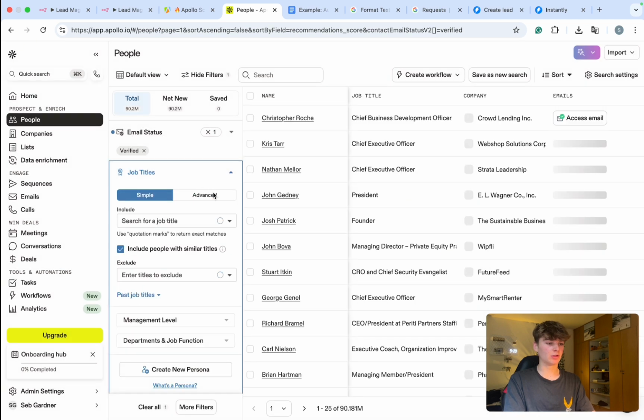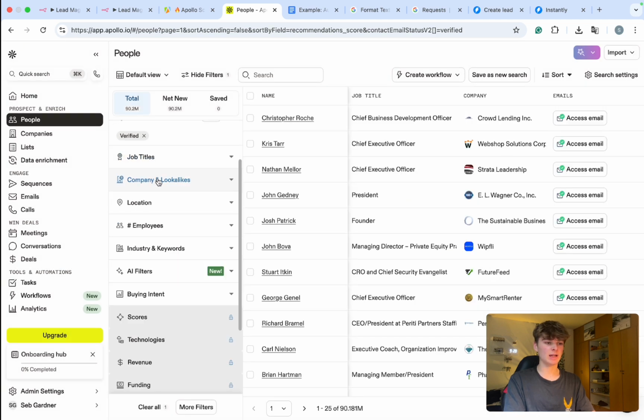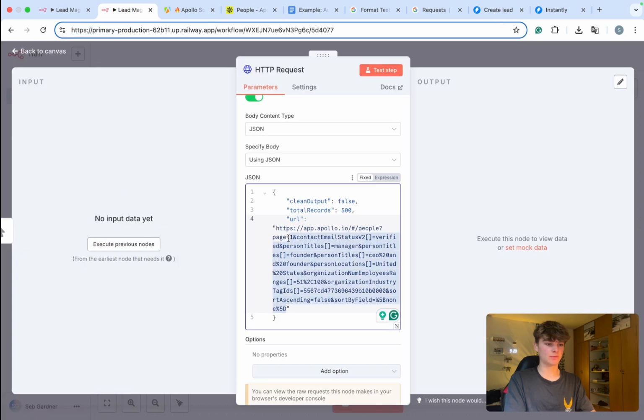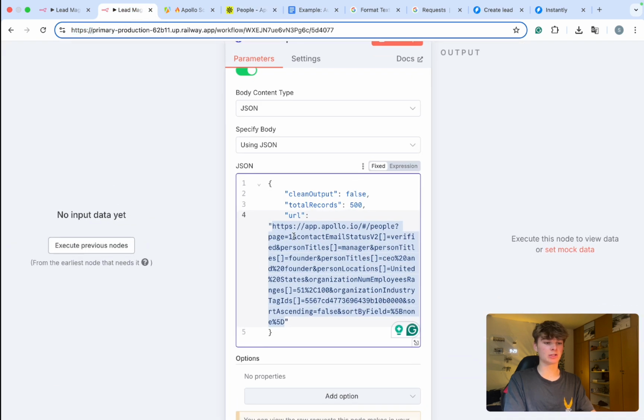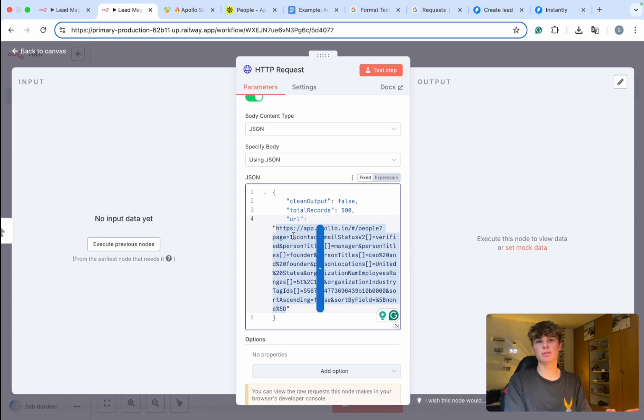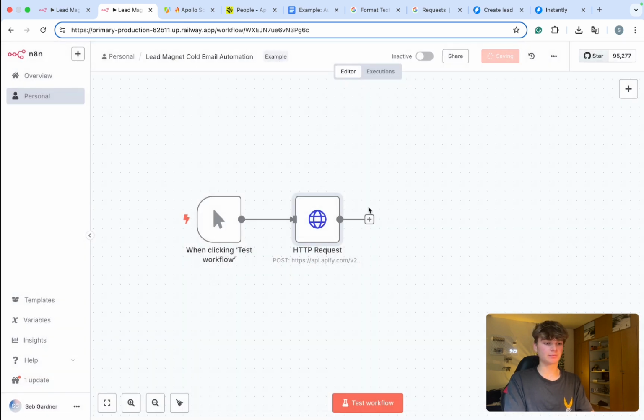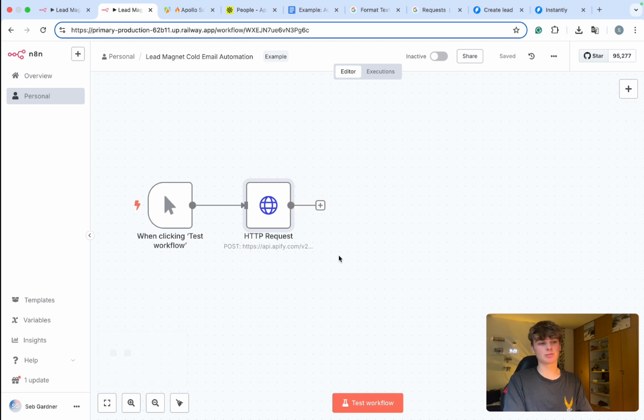What job titles are you looking for? And once you've created this entire search, then you'll just copy and paste the URL here, and then you would paste it in this section. I'll show you later on in the video how you can do this dynamically. You could submit a form instead, and then this would automatically be populated. But now what we're going to do is I'm going to use that example URL again and test the connection,